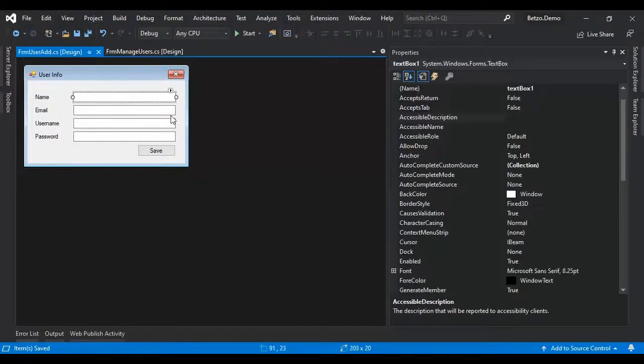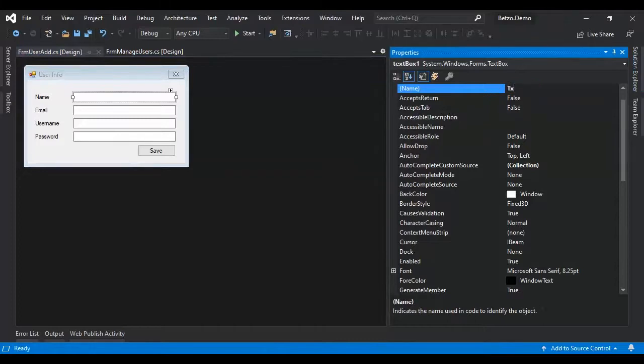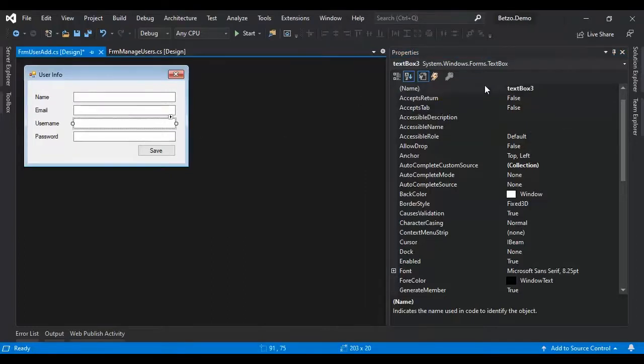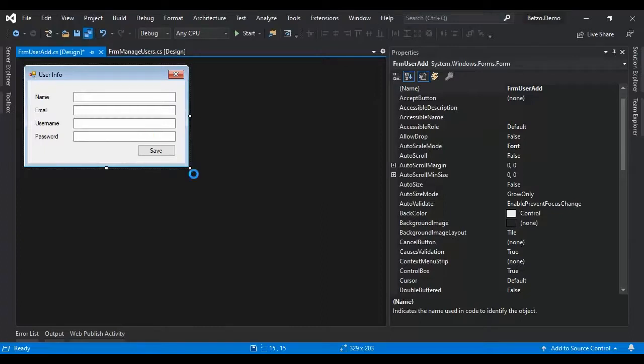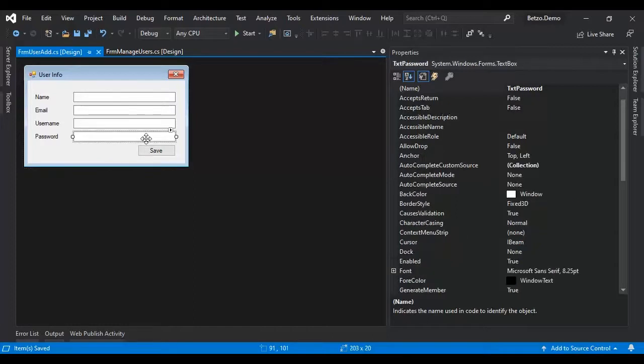Okay, let's name the boxes txt name for our mapping, txt email, txt username, txt password. So first, before going to our saving,